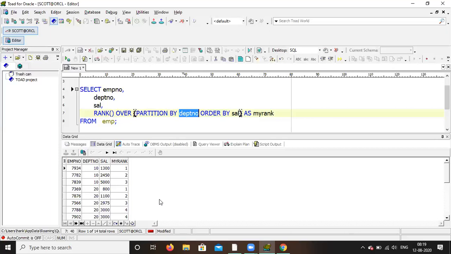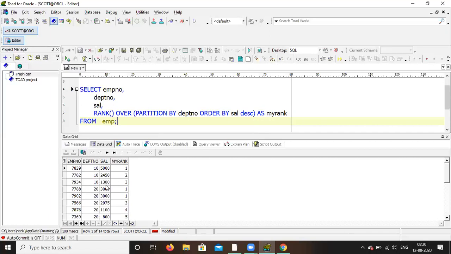Now if you give salary space DESC, descending: rank over partition by department number, order by sal DESC within brackets. Now run it. Suppose you want higher to lower, then 5,000 is the first rank, then second, then third.